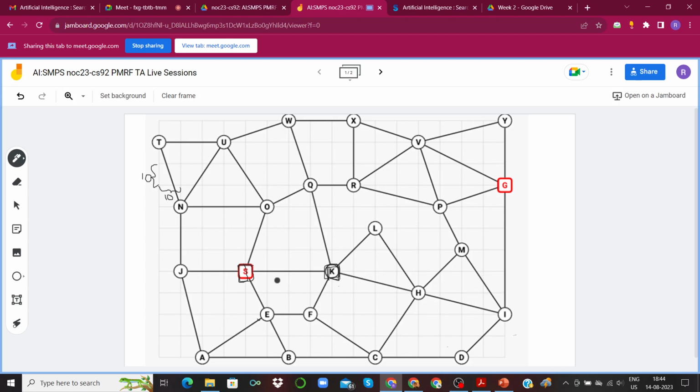In Manhattan distance, we move according to these small blocks. Between S and K there are 4 small blocks, this one, this one, this one, and this one. So 4 into 10, 40 is the Manhattan distance between S and K.